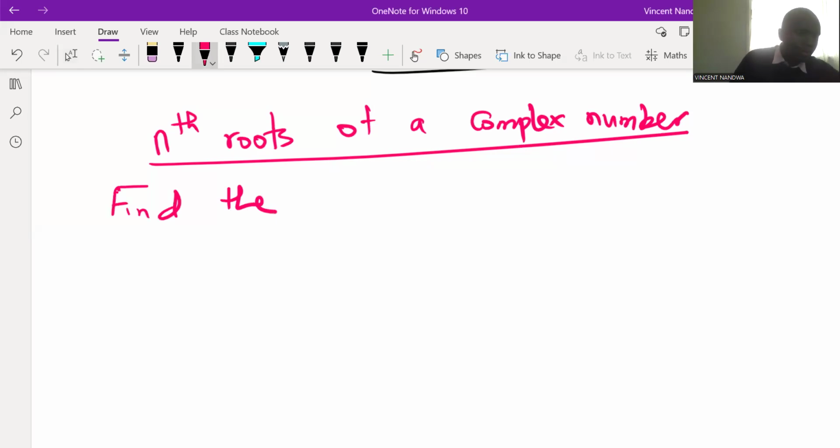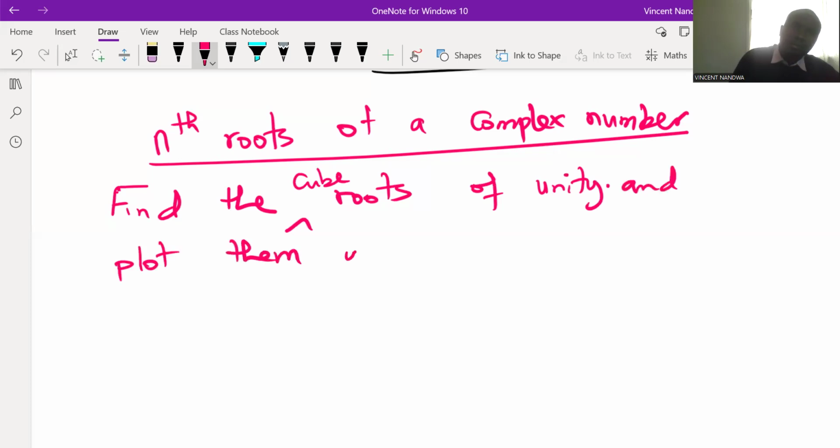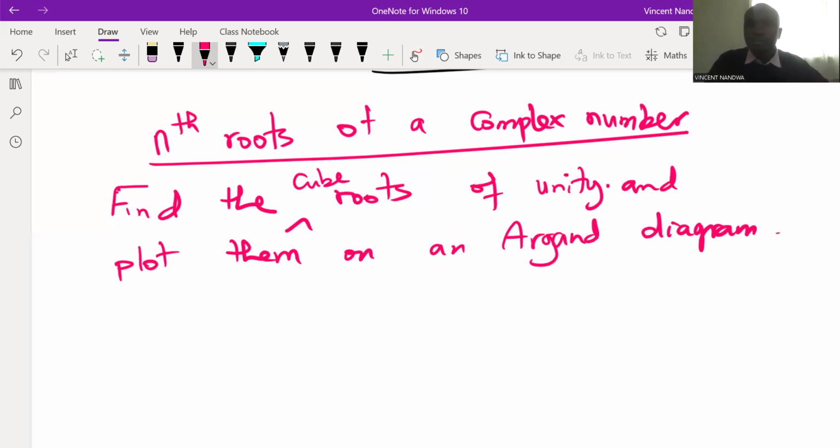Find the cube roots of unity and plot them on an Argand diagram. So what this question means,